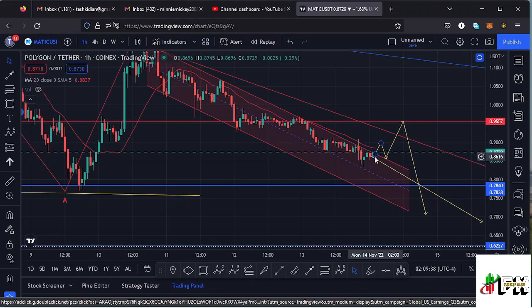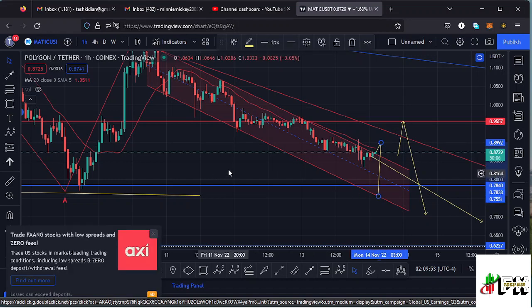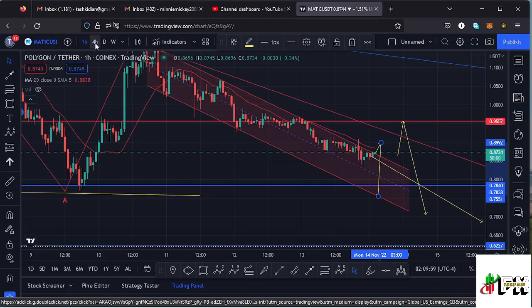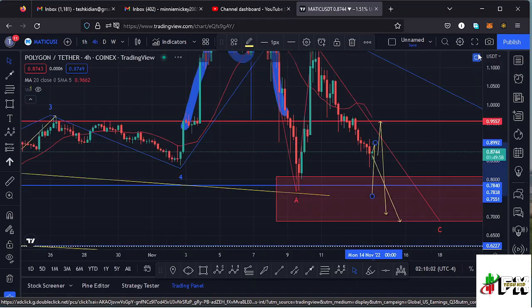There is also a possibility that this might be a fake out to the upper side, and soon we might get back into the channel once more, continue trading within the channel, lose the key area of support at around the $0.78 mark, and fully maximize our target area in the formation of that higher Elliott wave count 2 to the lower side. So going back to the 4-hour chart,